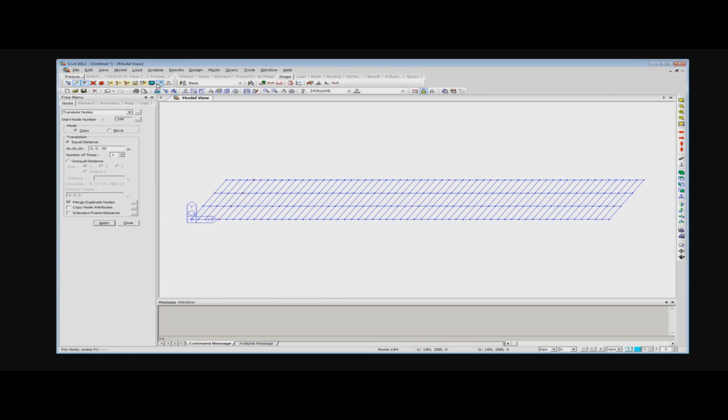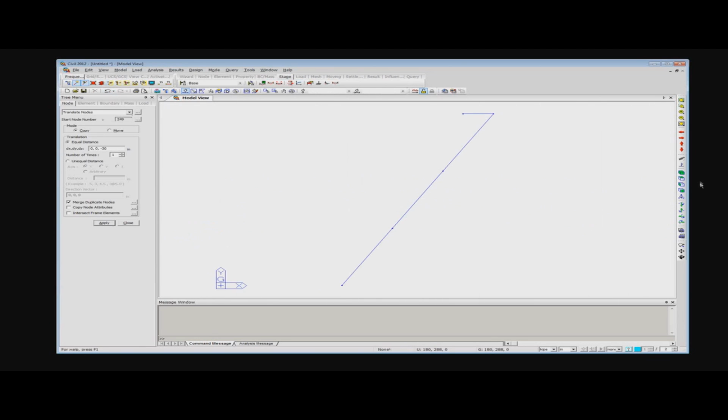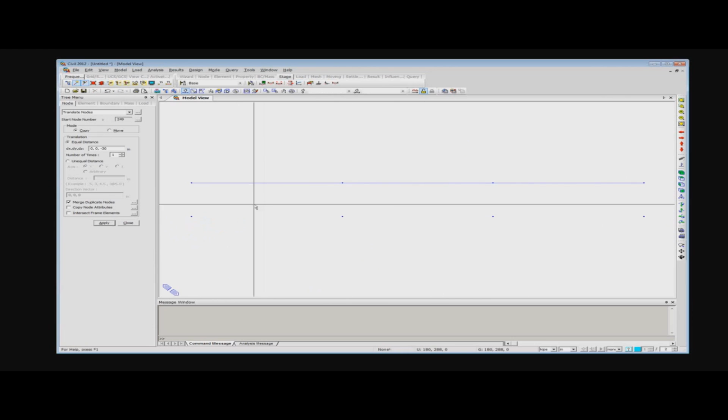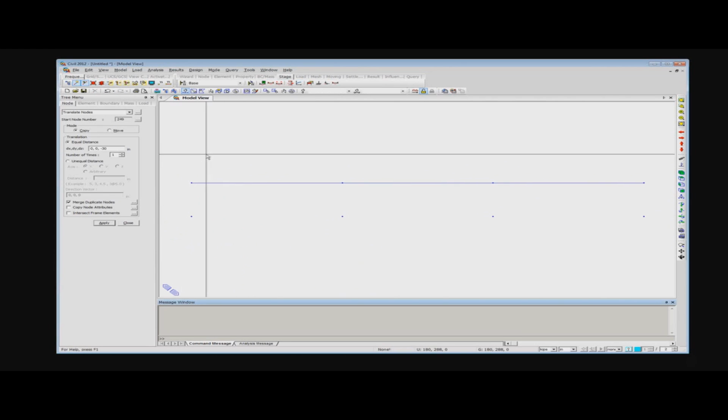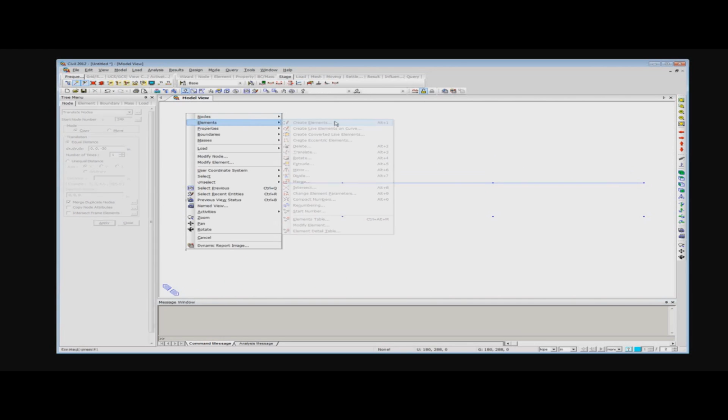Okay, now I need to select these, these, these, these, and these. And we are just activating these, and if I go back to this view, I have only these members, so I can simply create elements,